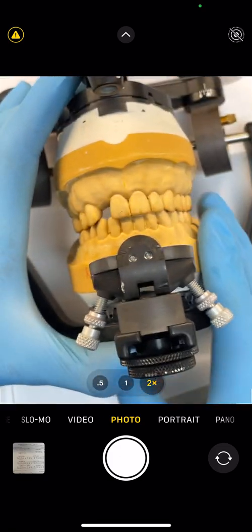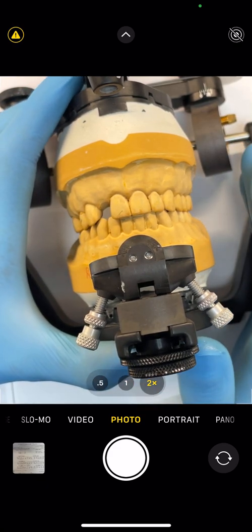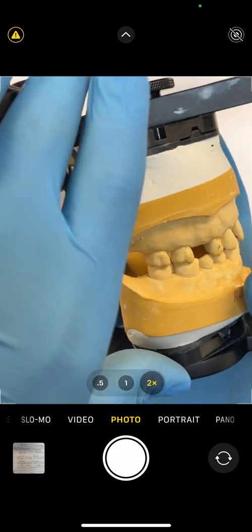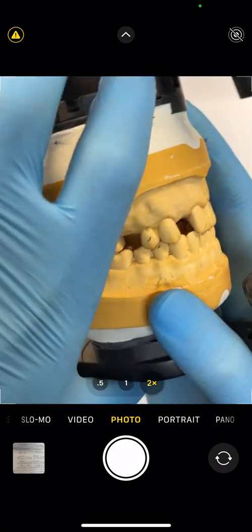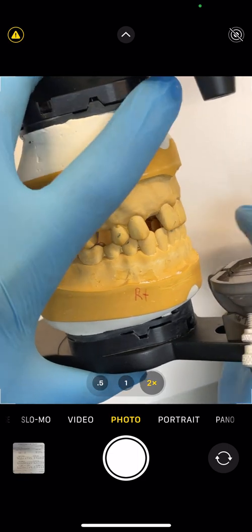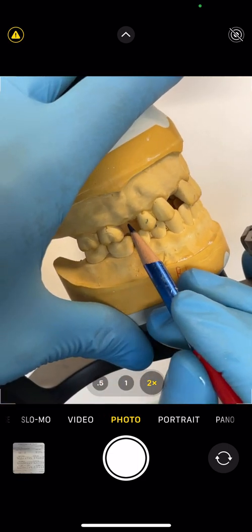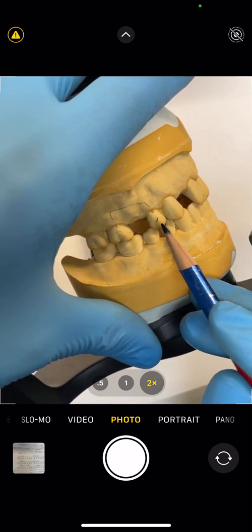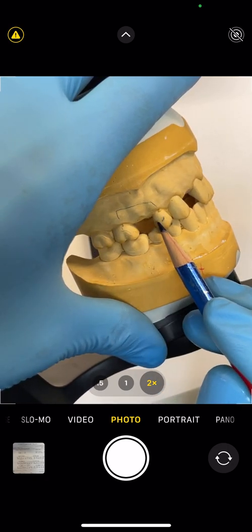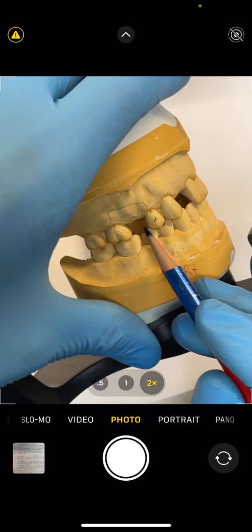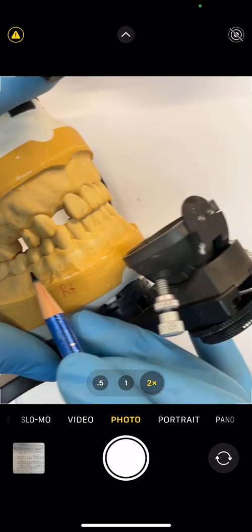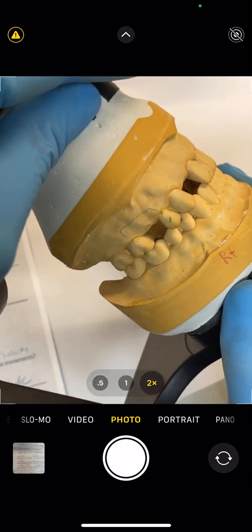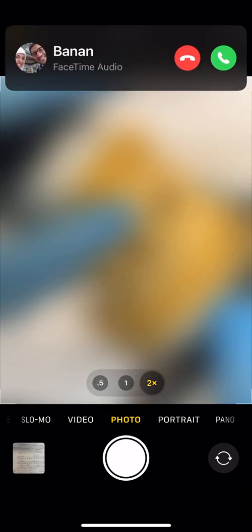So now you know your occlusion and you study the patient's bite. Now when you are designing your restoration, like for example, we'll talk about that in the wax up, I'm going to try to do a 3-unit bridge from here to here. Those restorations shouldn't have any eccentric contacts. It's only centric contacts. When the patient goes up and down, that's the only contact. When it goes side to side,